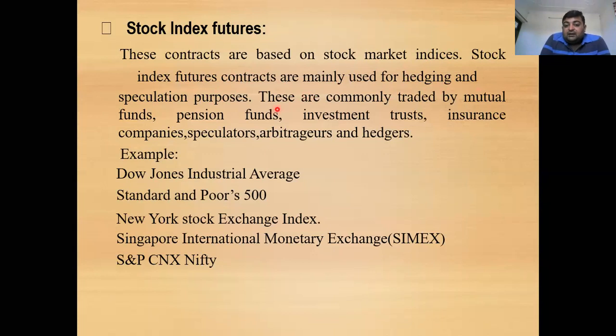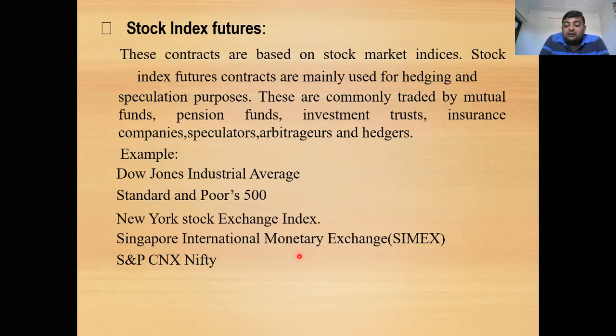So these contracts are traded by the mutual funds, pension funds, investment trusts, insurance companies, speculators, arbitrageurs, and hedgers. These are some of the persons who will do the trading on such stock index futures. The examples of stock index futures are the Dow Jones Industrial Average, and the S&P 500, that is Standard and Poor's, which contains 500 companies from each segment. Next is the New York Stock Exchange Index,